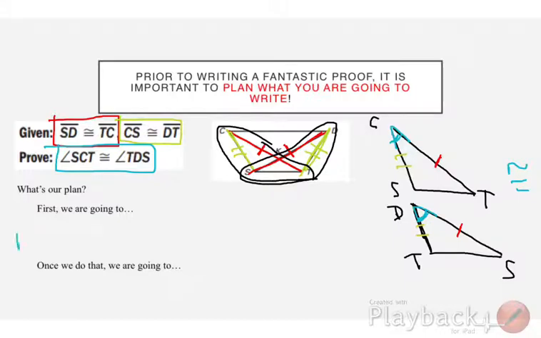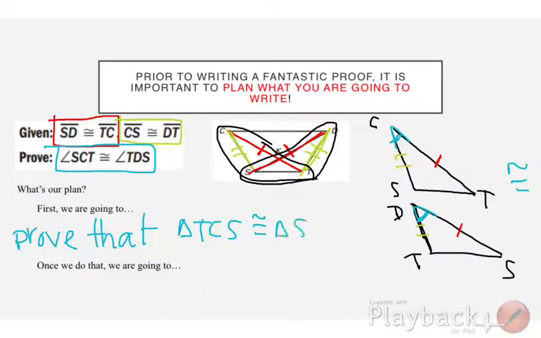So we're going to write first, we're going to prove that triangle TCS is congruent to triangle SDT. All right, so once we prove those two triangles are congruent, right, we can easily then know that those angles that are wanted to be congruent are congruent because we know that all corresponding angles and all corresponding sides of congruent triangles are congruent. So once we do that, we're going to conclude